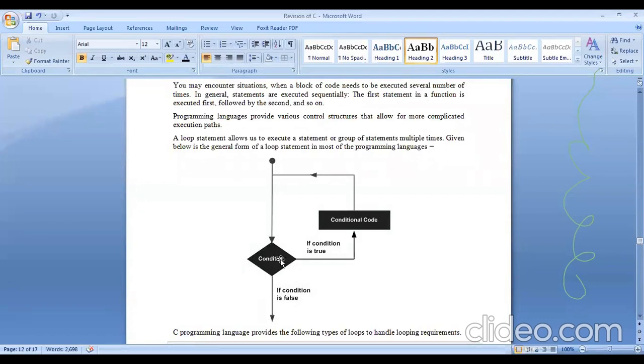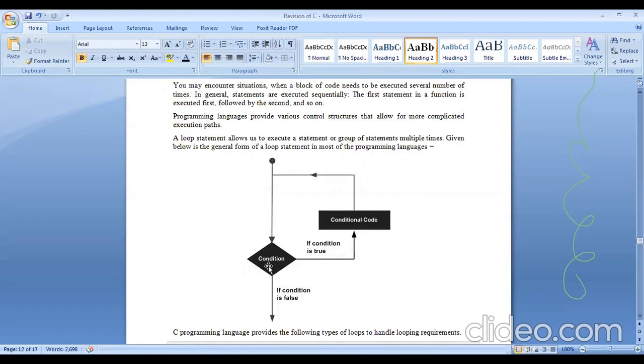But if the condition given is true, then the body followed by that particular loop statement will be executed. Whatever statements belong to that block, that body, all the statements will be executed accordingly, and those statements might be repeated. The execution for that particular body might be repeated for however long the condition is found to be true.